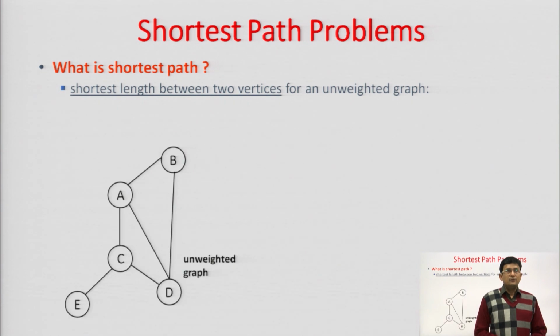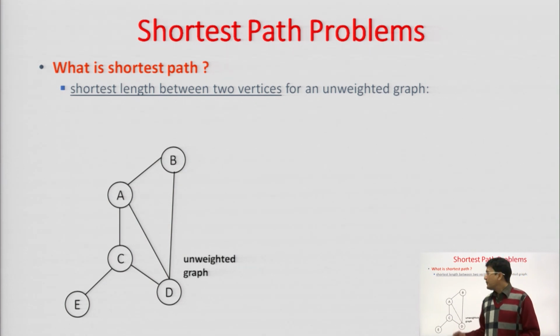Let us say we have a graph. In this graph, this is an undirected graph. It may be a directed graph, but the weights on the edges are not mentioned. It means we will consider in this graph that no weight, distance or cost is assigned to the edge that exists between a pair of stations. In such a case, if we have to find the shortest path between a pair of stations, so that will be the count of the number of edges.